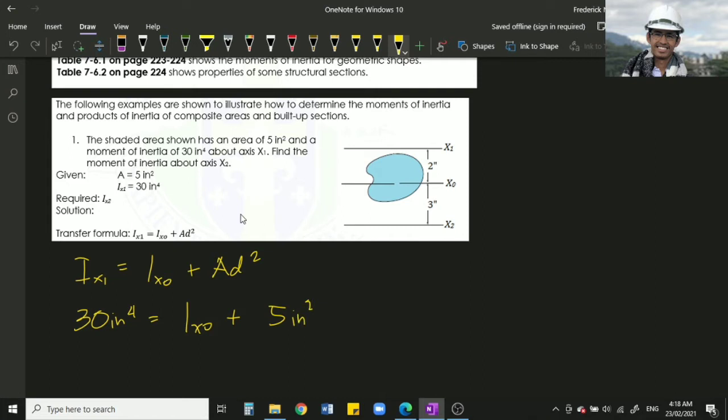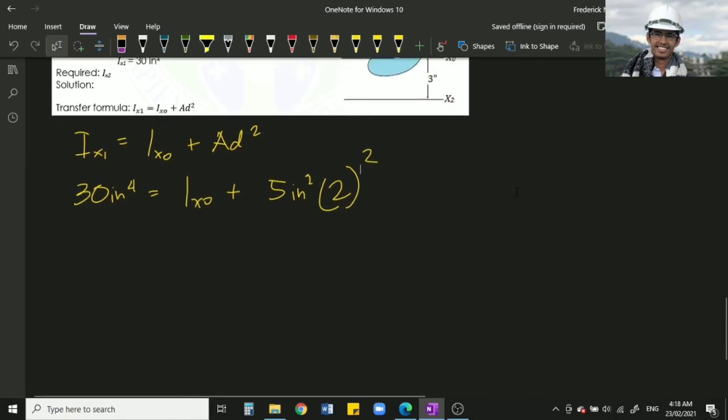The distance between x1 and the Ixo axis is 2 inch, so that will be 2 raised to 2. Computing for Ixo, shift solve here, that will be equal to 10